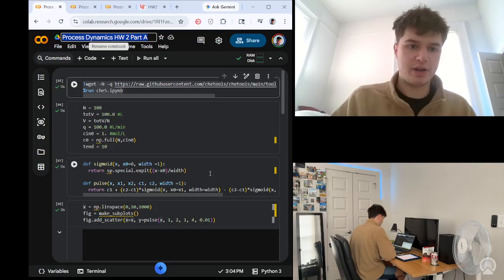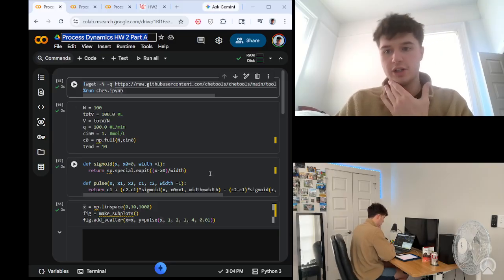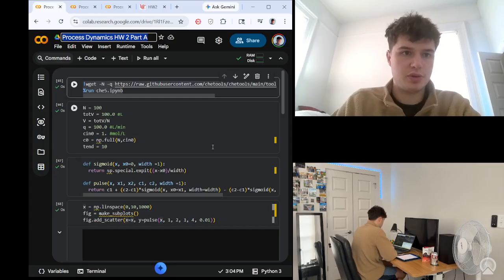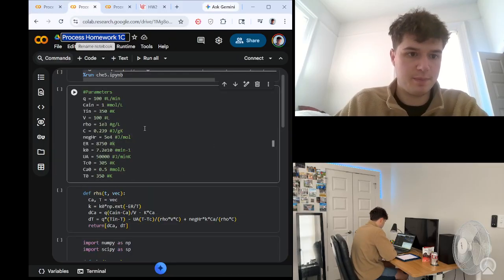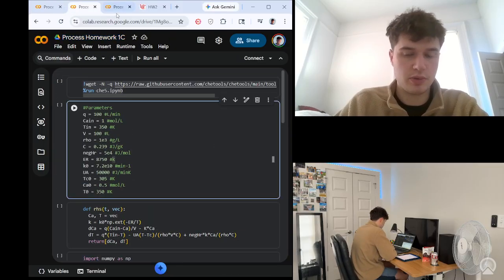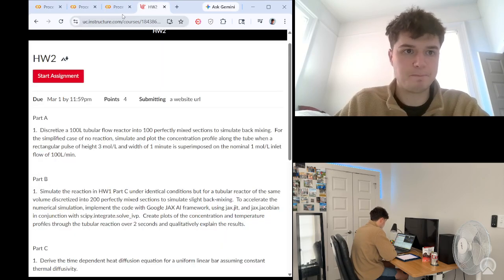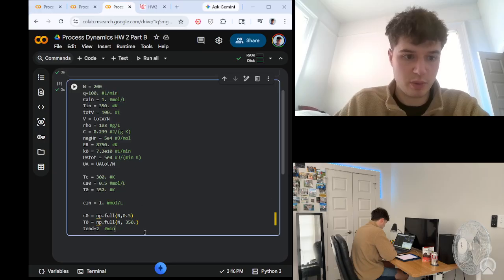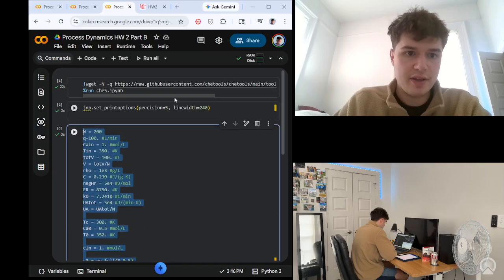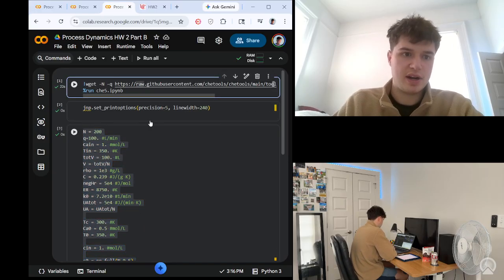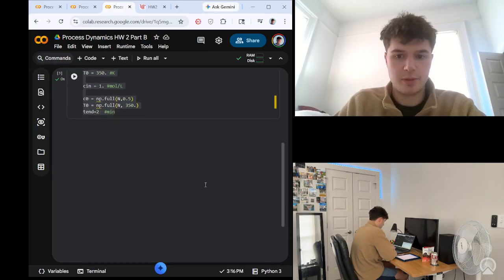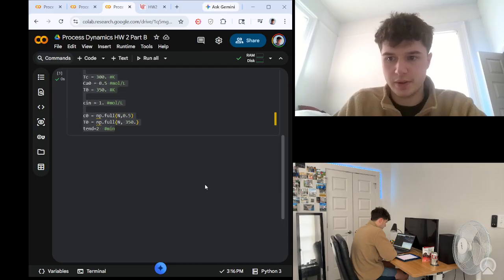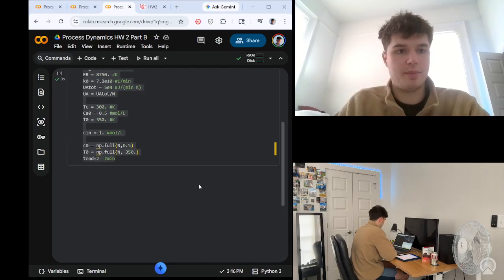Again, I'm just recapping. I don't know if my mic worked those first 2 minutes, but I know it is now. So to recap what we did, we took these variables from homework 1C along with the specifications listed in here. And this is where we've been working. So these are all the variables. This again is our CHE file library, and then these are the JAX inputs that are going to help us do this. So I don't know if that was a needed recap or not, but I'd rather be safe than sorry. So now we've gotten to the point of actually